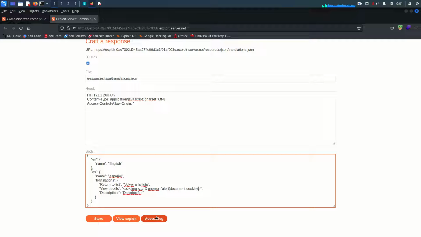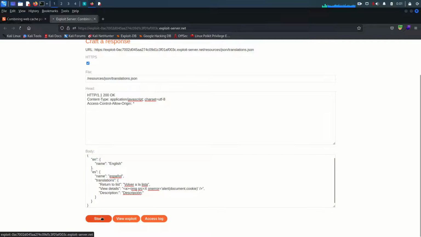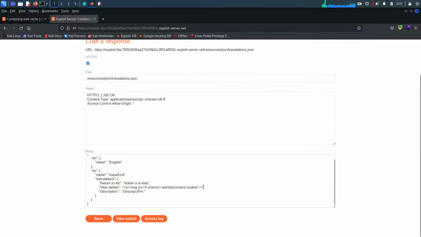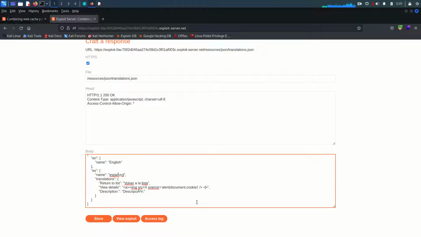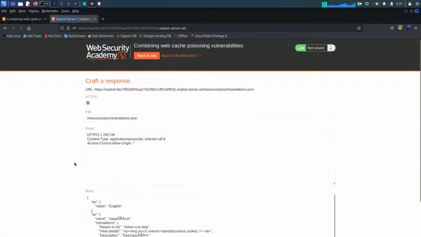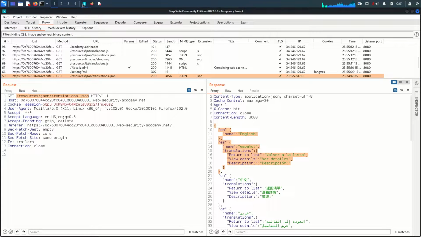So the alert is going to be document.cookie. Fine, and let's put a slash here. Okay, store this. And one more thing, we need to enclose it like that. Fine. Okay, now once we enclose this and store the exploit, if we go back and try,